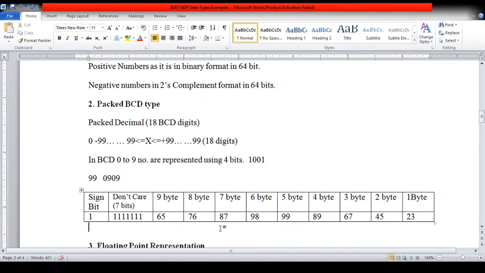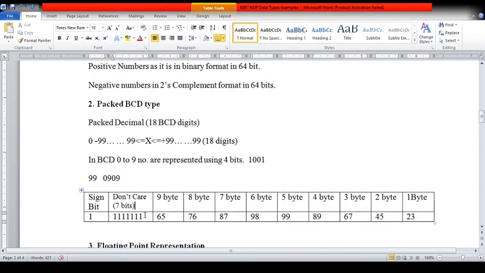So here we can represent this packed BCD. It means we can represent 2 digits in each byte. Out of the complete 80 bits, 8087 supports a complete length of 80 bits, and all 80 bits can be used to represent a packed BCD format. So first byte 2 digits, second byte 2 digits, up to the 9th byte we can use 2 digits. So 9 into 2, total 18 digits can be represented here for the BCD.